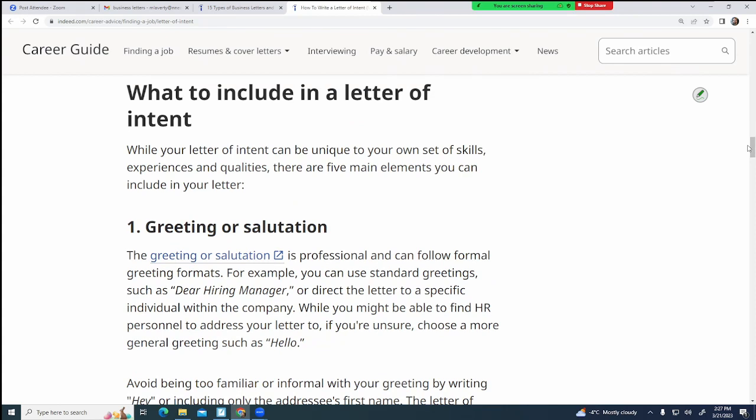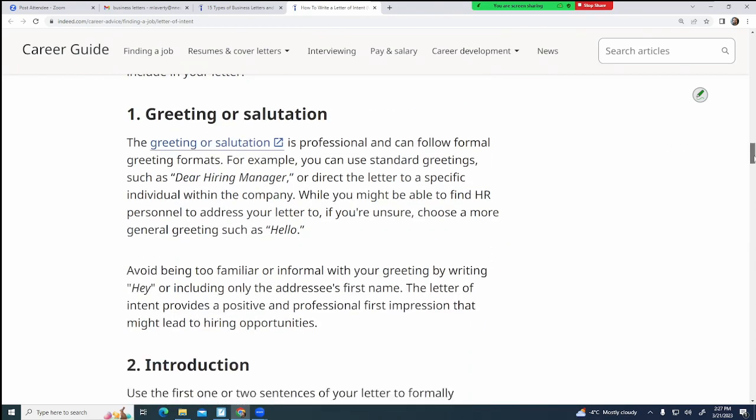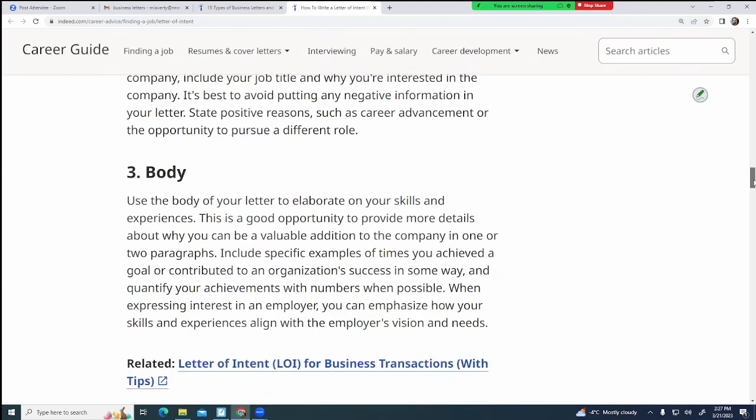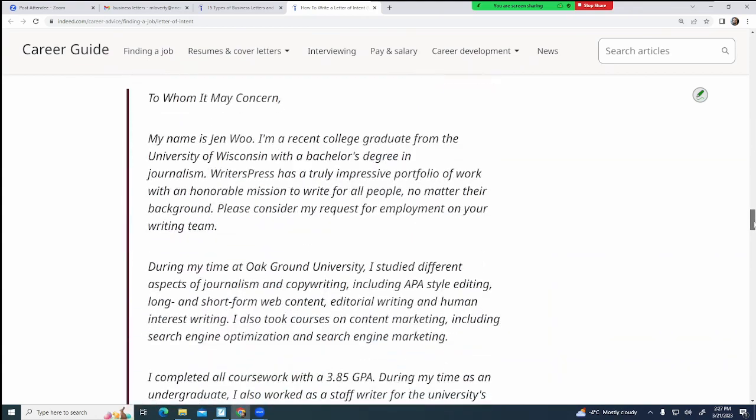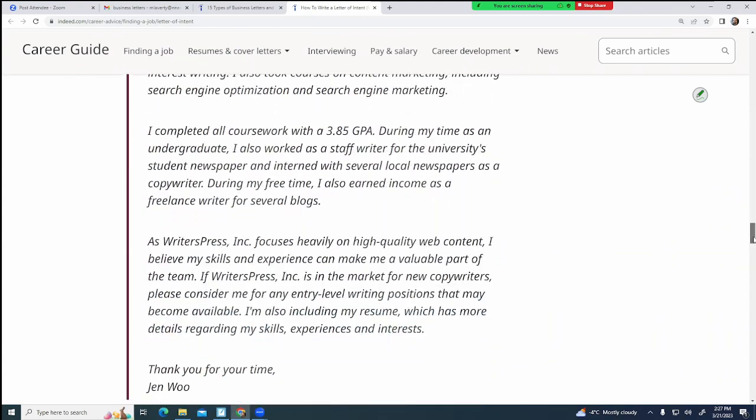You're not applying for a specific job, but you are talking to the company directly and just saying, look, I'd like to work for you guys. Here are my qualifications. So what they do is they break down the required elements, and these are going to be the same for most articles. They give you an example,